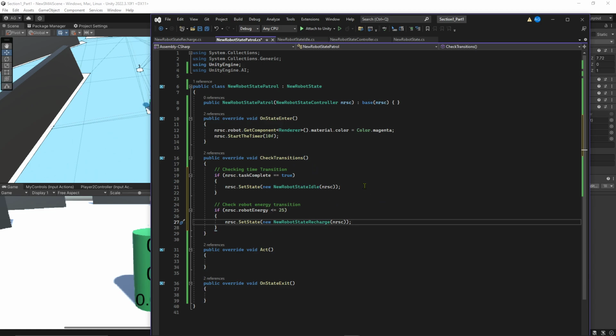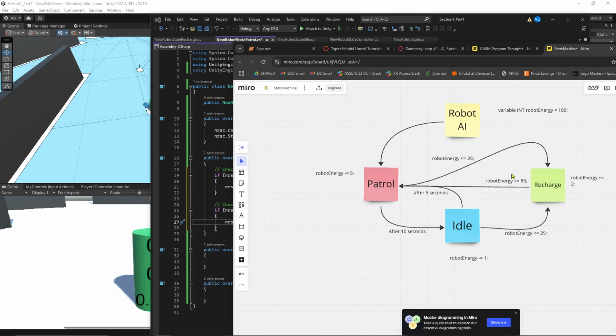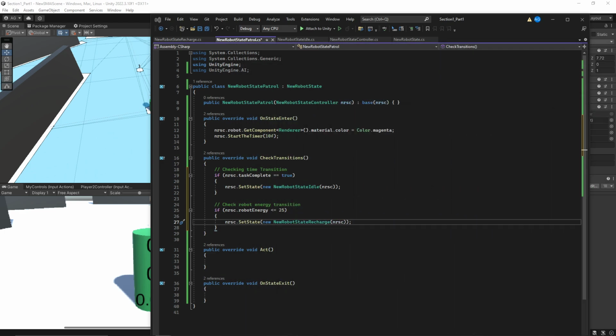So these are going to be our two transitions. If there's time, if it's more than 10 seconds, we're going there. Otherwise, we're going to check and see how our energy is. All right. So, on the action, we need to